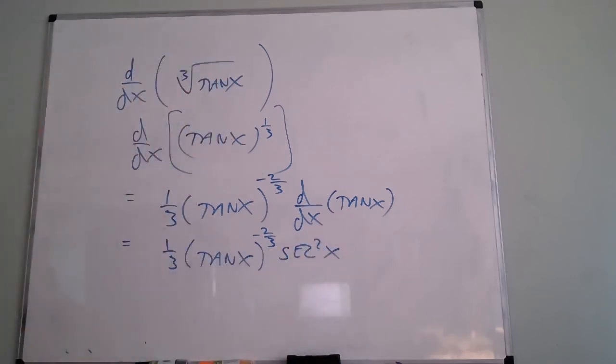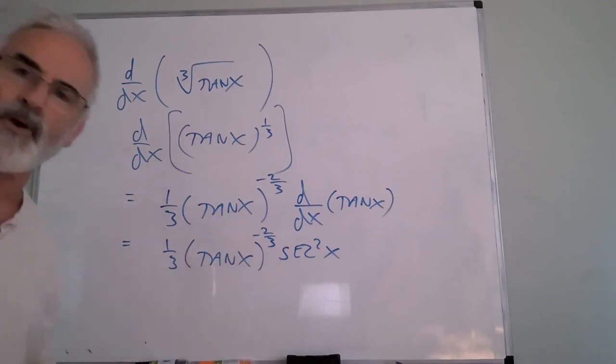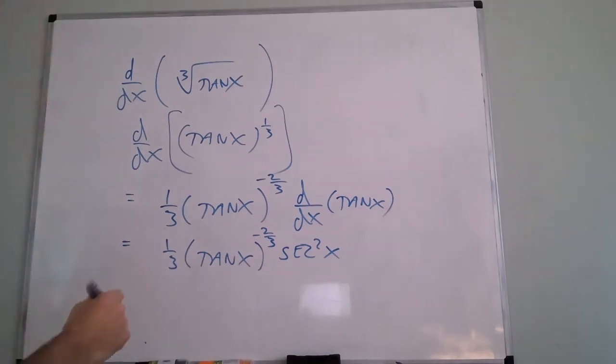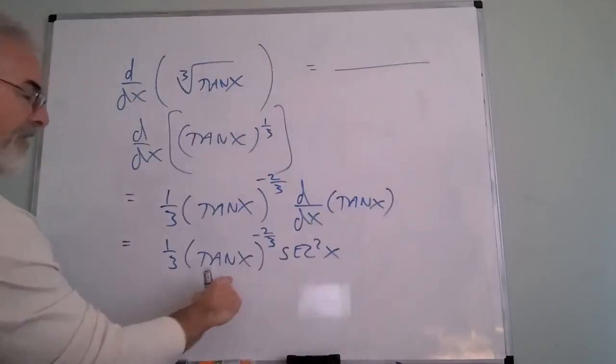Now, everything we said was correct. This is not the simplest version of the answer because I have a negative exponent, I got a fractional coefficient. So how can I write this cleanly? Well, first of all, I'll put it up here. It's a quotient. I'm going to have a tan x